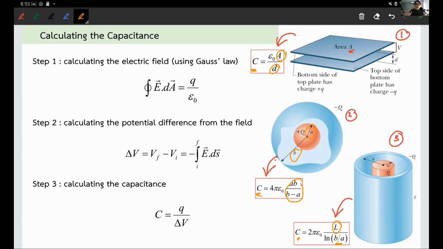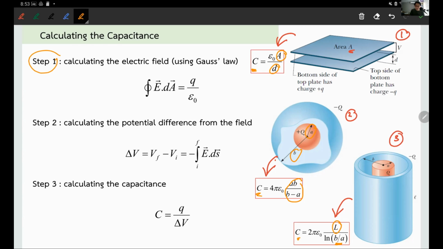And for college physics, of course, we're not going to do other shapes than these three. Okay, we're going to focus on these three. However, how do you get to this? That is something very interesting to me. Maybe not to you. All right, the process of getting to this, the value of the C for each individual case is